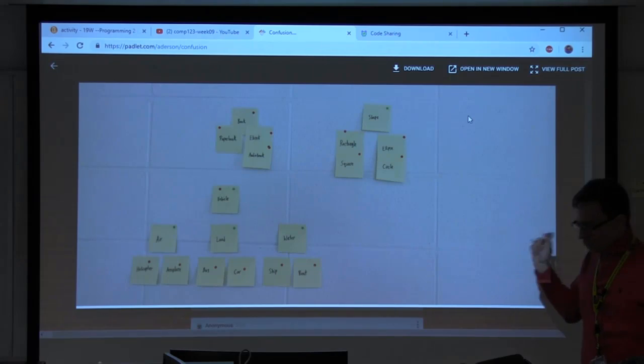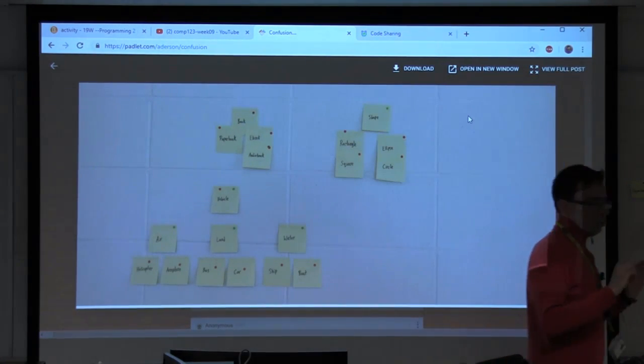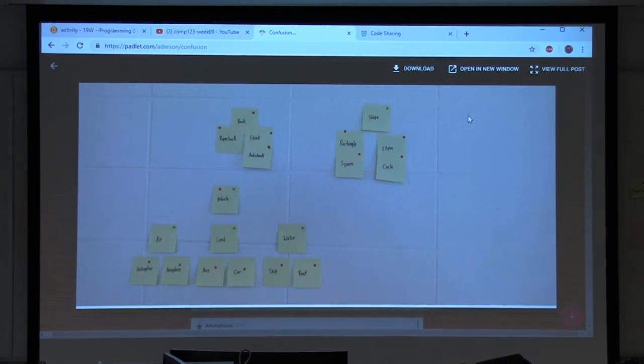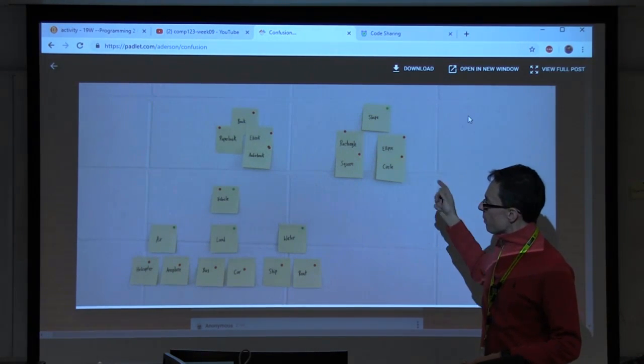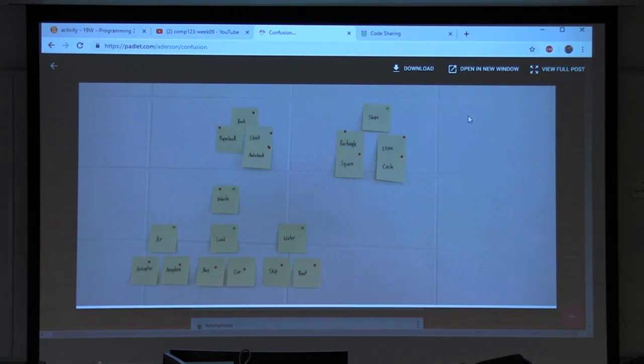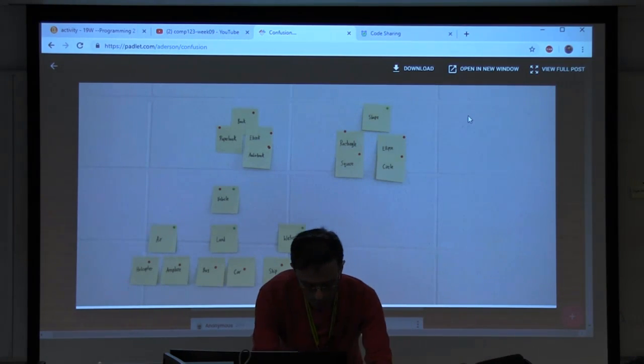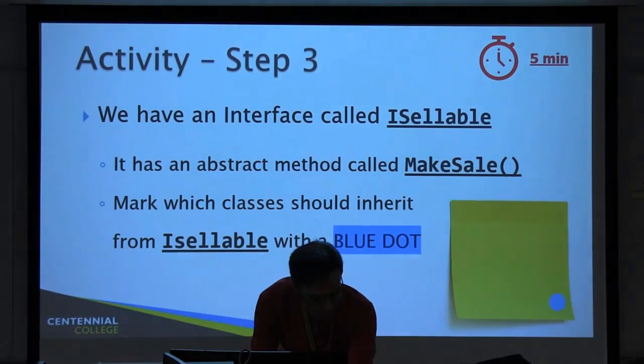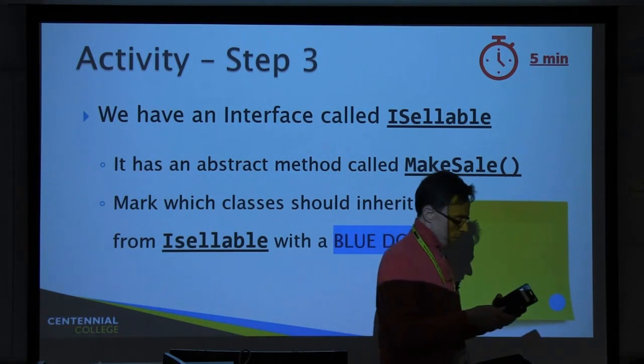Okay, so that's about it. Again, I just want to close this topic here. And of course, if you still have questions or confusions, I mean, we are using the confusion Padlet, but that's okay. Again, does anybody else want to ask anything about this? Was it a valid exercise? Does it help to clarify a little bit more? Okay, great. So before we go to our quiz, let's do this. I still have a few things to cover.